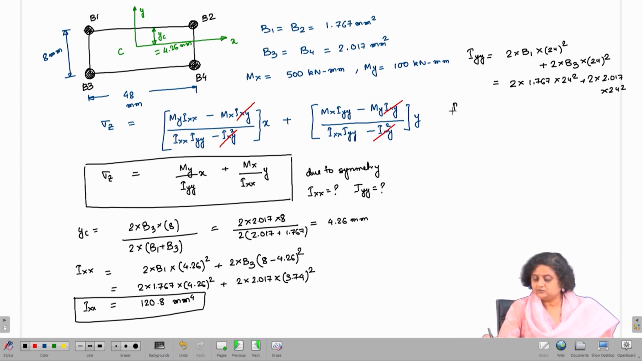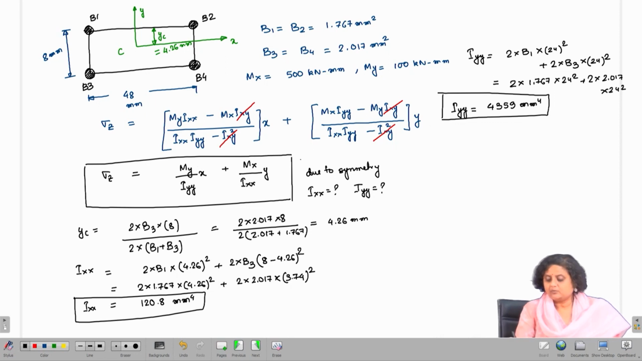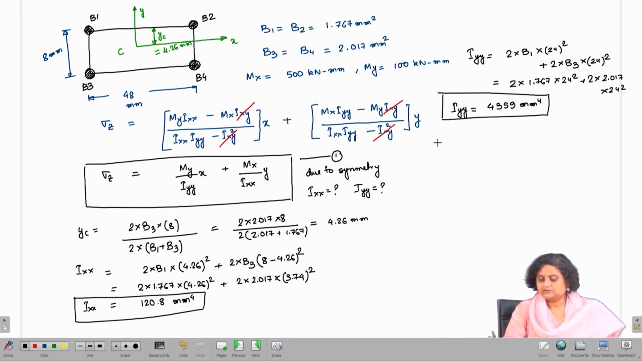So, that eventually gives Iyy equal to 4359 millimeter to the power 4. So, this is going to be the other sectional property. Now, when I have found out the sectional property, I am going to use equation 1 and find out the